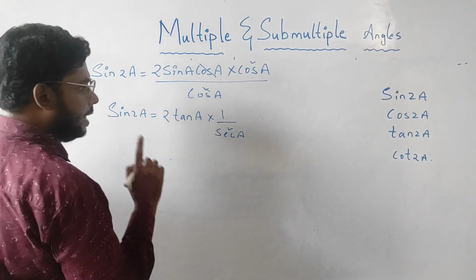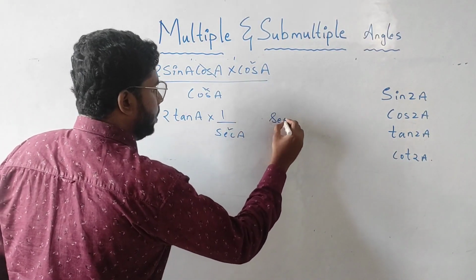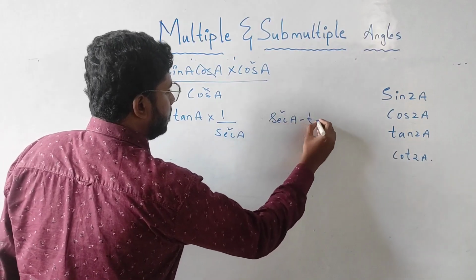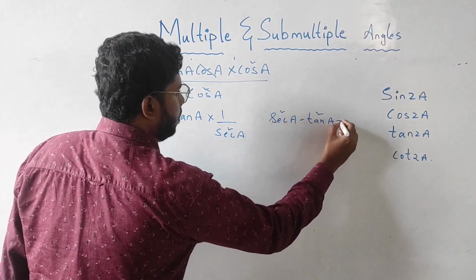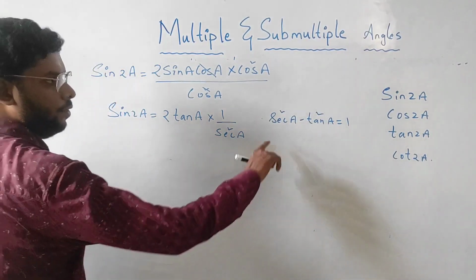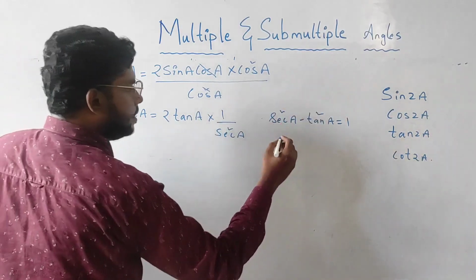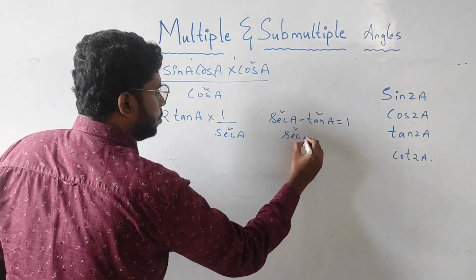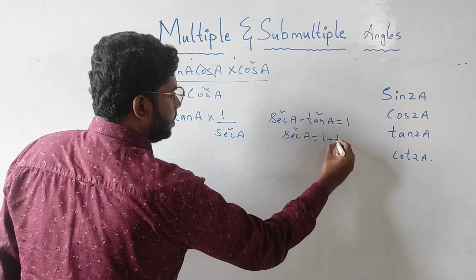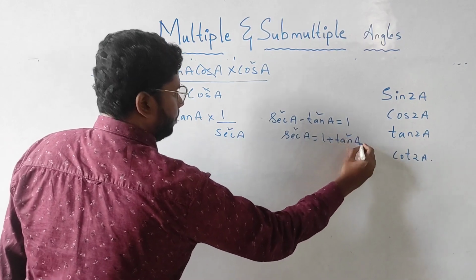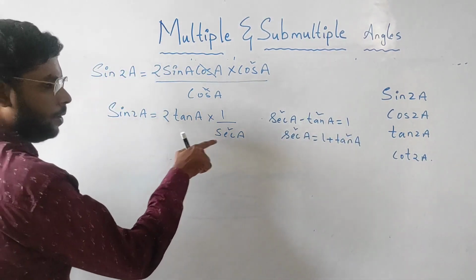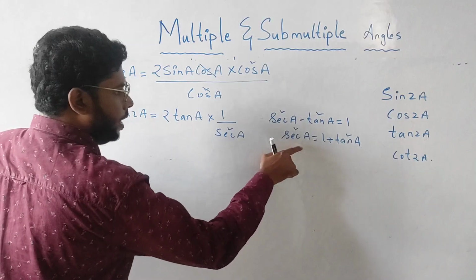So from there is an identity that, see, secant square A minus tan square A is equal to 1. Okay, we know this identity. If I take tan square to that side, it will become what? Secant square A is equal to 1 plus tan square A. Okay, so now in the denominator, in the place of secant square A, I will write 1